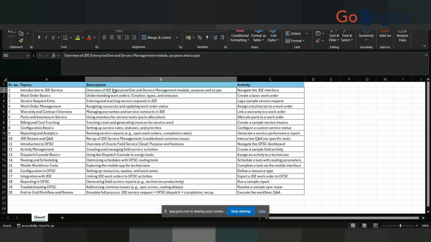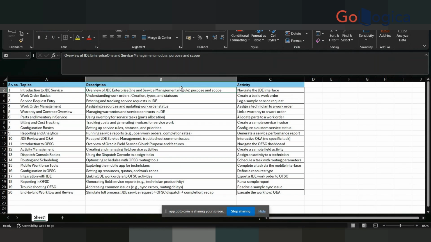So whether we are using JD Edwards as an ERP, Fusion Cloud, or a help desk app, the concept remains the same. You will still have to integrate with Oracle Field Service Cloud with respect to inbound and outbound. The integration APIs, all those integrations have to be there. This was a high level, just to make sure that you understand the flow: if you have an ERP system, what is the introduction of that ERP system, the purpose and scope, what we